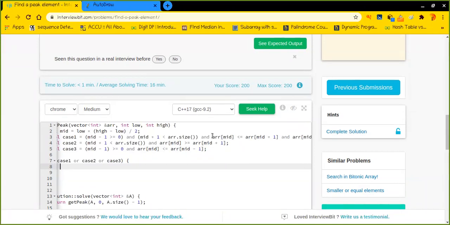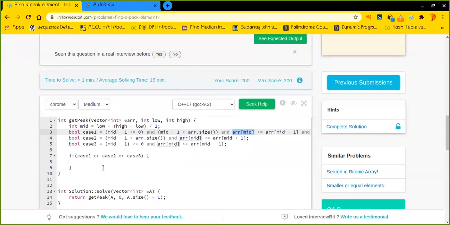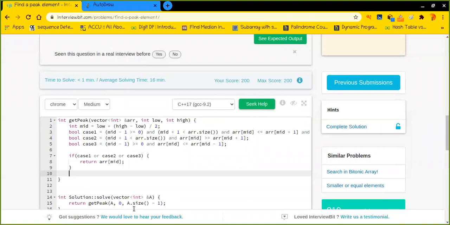I was only checking the middle element, I mean, whatever segment I'm currently looking into. So in that particular segment, I am only checking that the middle element should be greater than or equal to its left or right, or if it does not have any left, is it bigger than its right? And if it does not have any right, is it bigger than its left? I'm only checking the middle element. So in that case, I have to return the middle element itself. Okay, I hope it is pretty much fine to you.